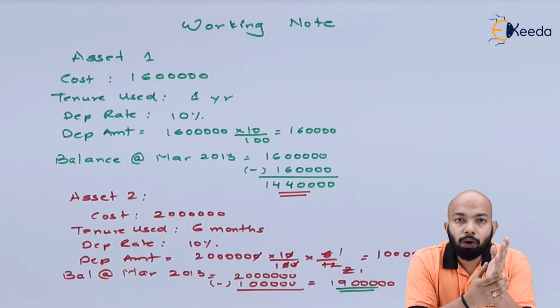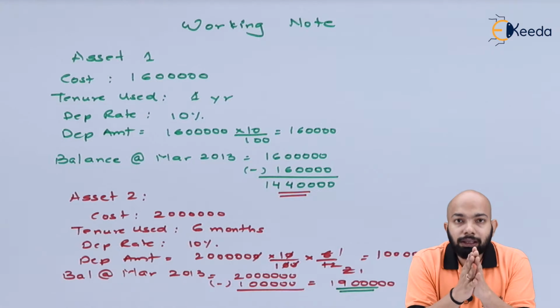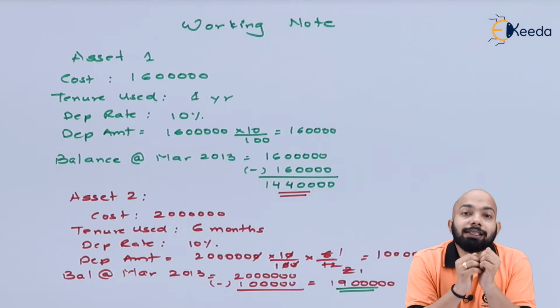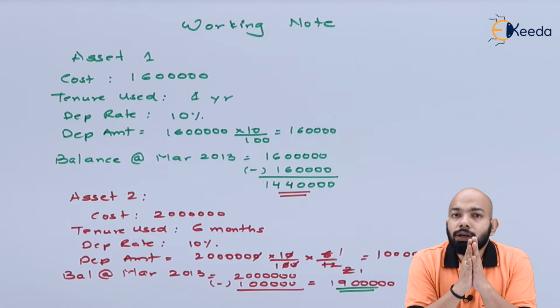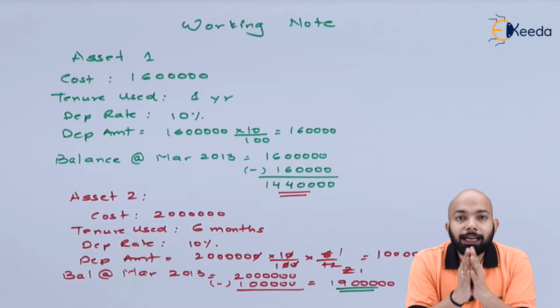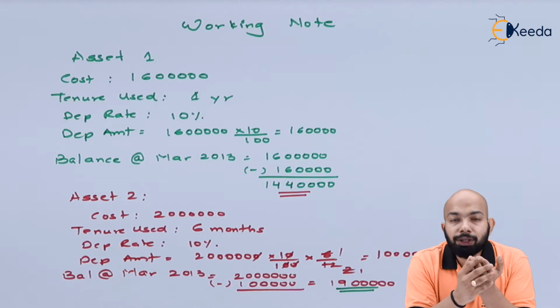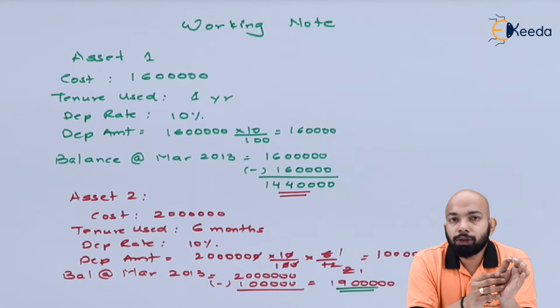Now, from October till March 2013, depreciation is provided on a yearly basis, unless it has been mentioned as quarterly or semi-annually, in which case you'll calculate depreciation accordingly. But if the question hasn't mentioned it, that means annual depreciation has to be calculated. Now for the second asset, which has been purchased on October 1st, 2012,